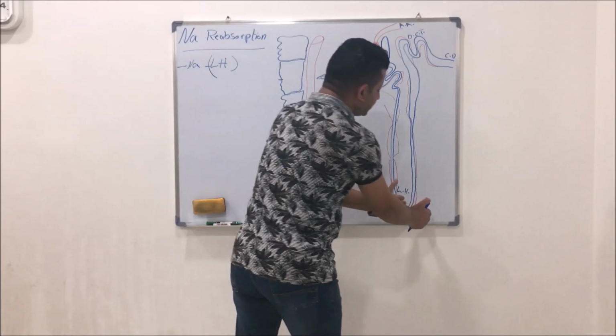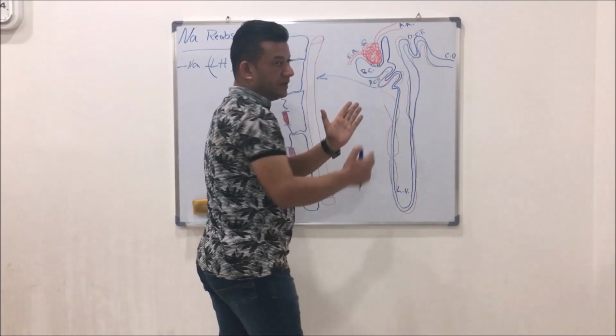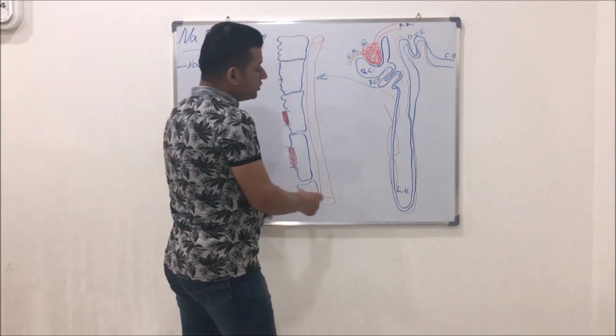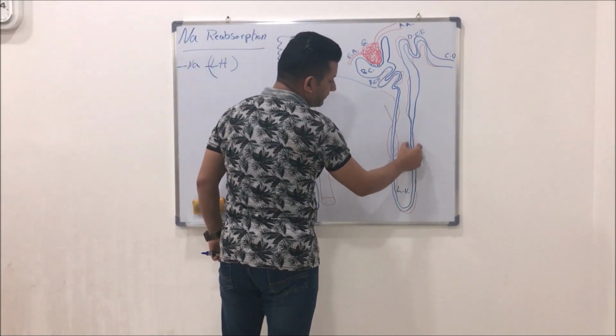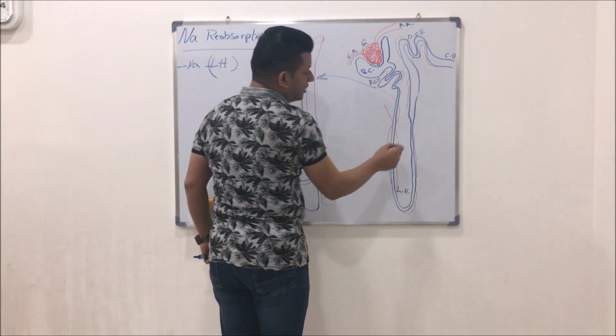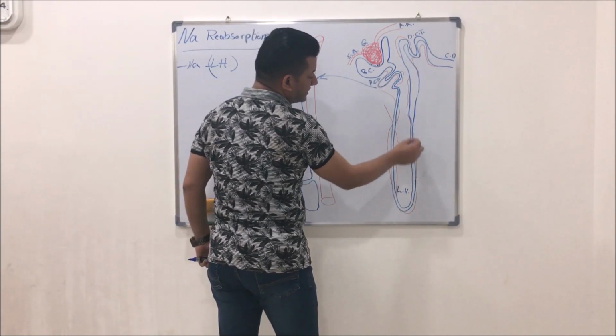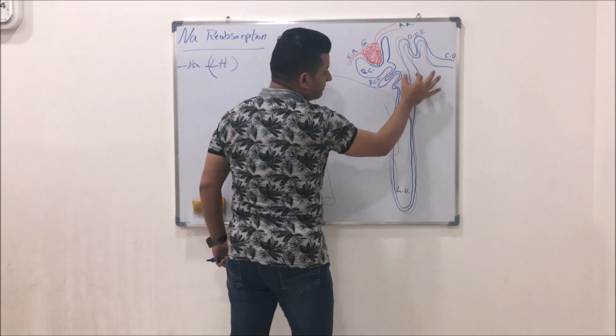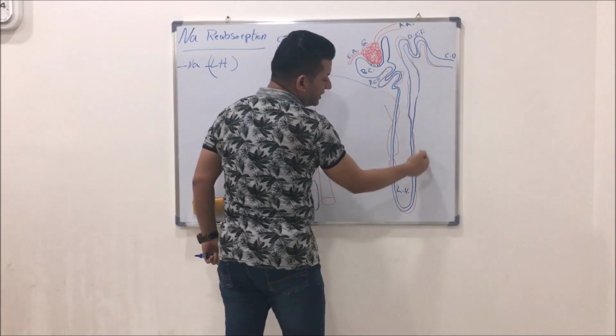What about the ascending arm of the loop of Henle? Note here that the ascending arm, or part, of the loop of Henle consists of two parts: the thin part here and the wide, or thick, part here. So this is